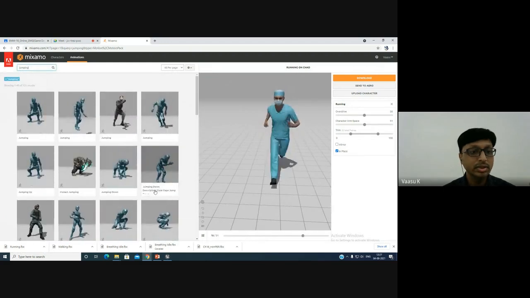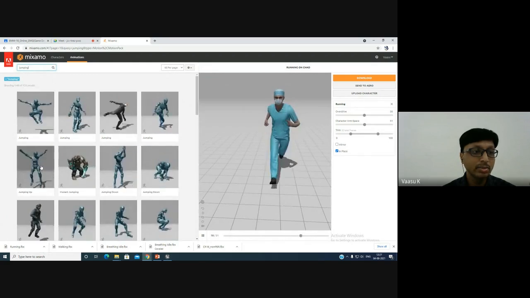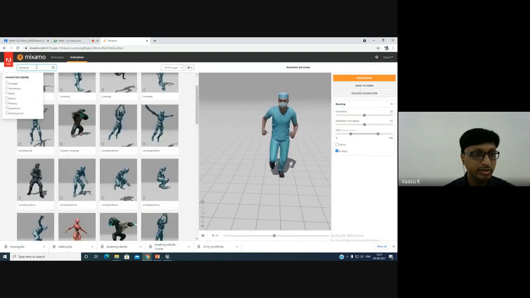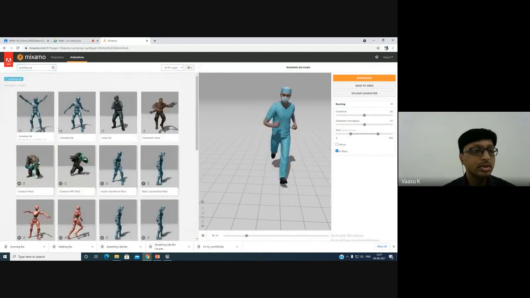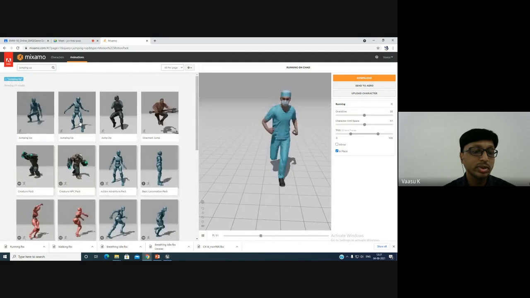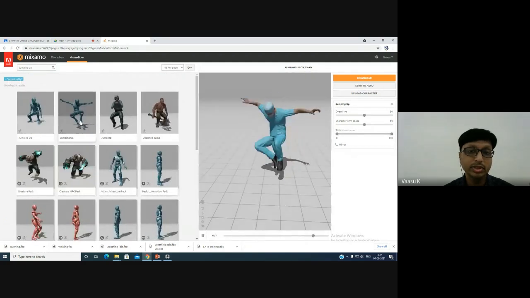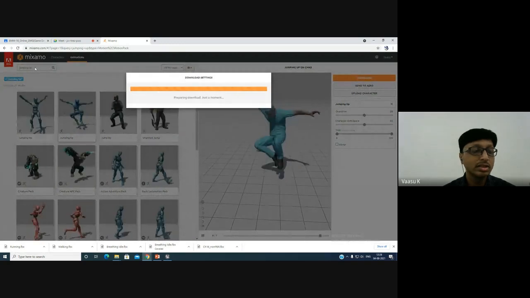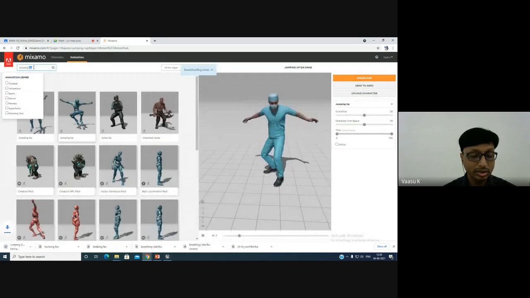So there you can say, okay, jumping up. I just find the jumping up animation. So this is jumping up. I just want only the small duration, so I just take this one. Just click on the download, and next one,